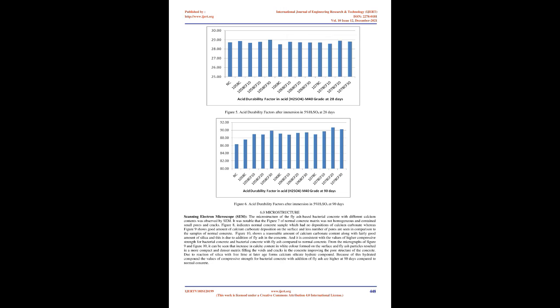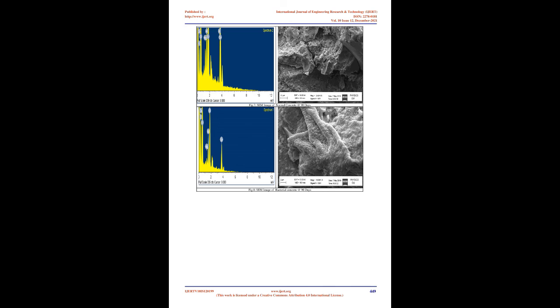5.0 Test results. 6.0 Microstructure. Scanning electron microscope, SEM. The microstructure of the fly ash-based bacterial concrete with different calcium contents was observed by SEM. It was notable that figure 7 of normal concrete matrix was not homogeneous and contained small pores and cracks. Figure 8 indicates a normal concrete sample which had no depositions of calcium carbonate, whereas figure 9 shows a good amount of